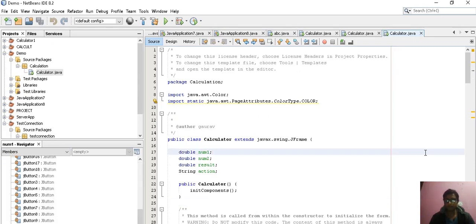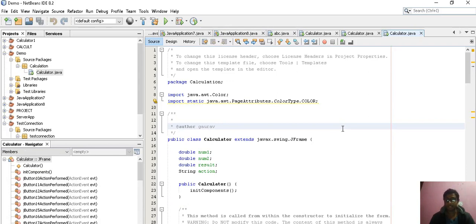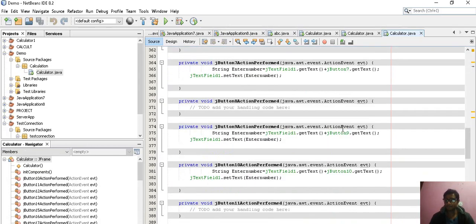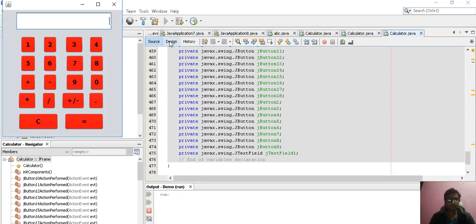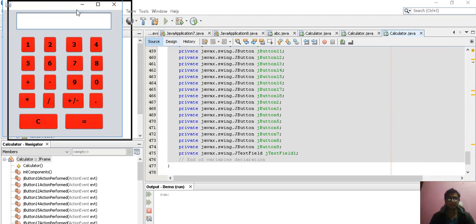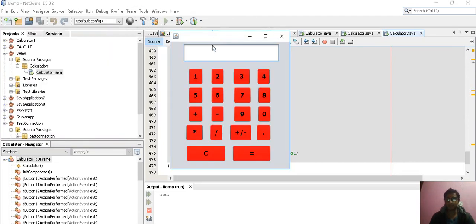So I open my NetBeans and here's my calculator code. You can see when I run this program, it will show the output like this. This is my own calculator. We're gonna add something like 1 2 3